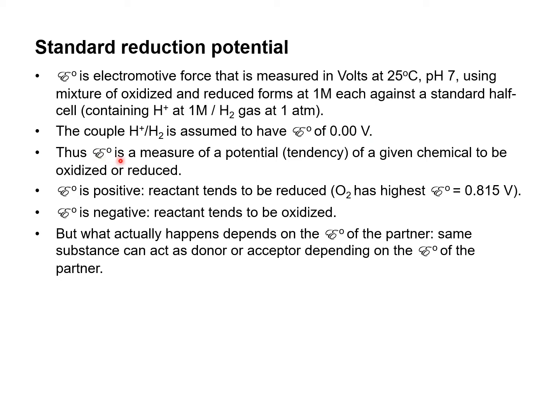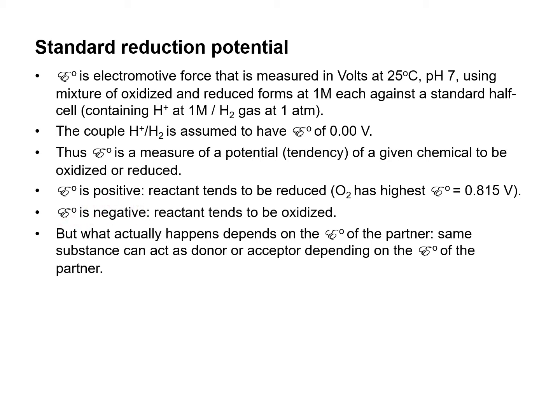Therefore, E naught is a measure of the tendency of a given chemical to be oxidized or reduced compared to the standard, which is the reduction of a hydrogen ion. When E naught is positive, that means the reactant tends to be reduced. For example, oxygen has the highest E naught, at 0.815 volt. And when E naught is negative,